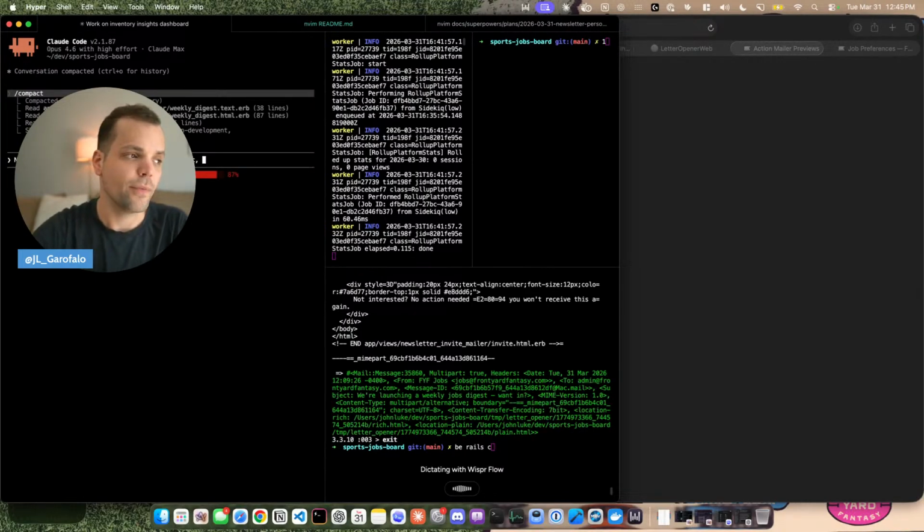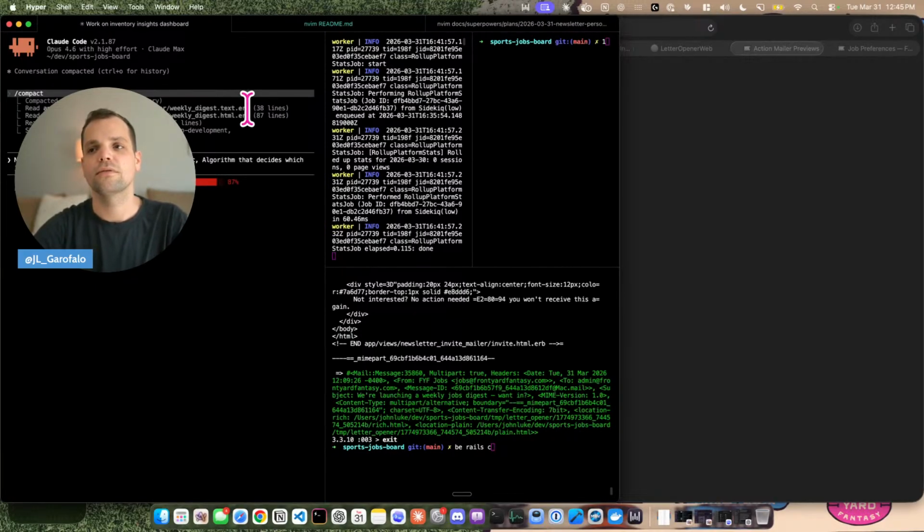The algorithm that decides which jobs to pick for which users. Ensure that it's using the criteria, the job preferences.